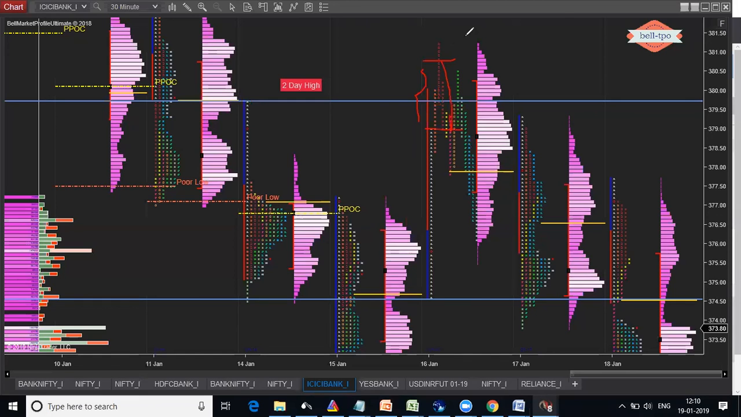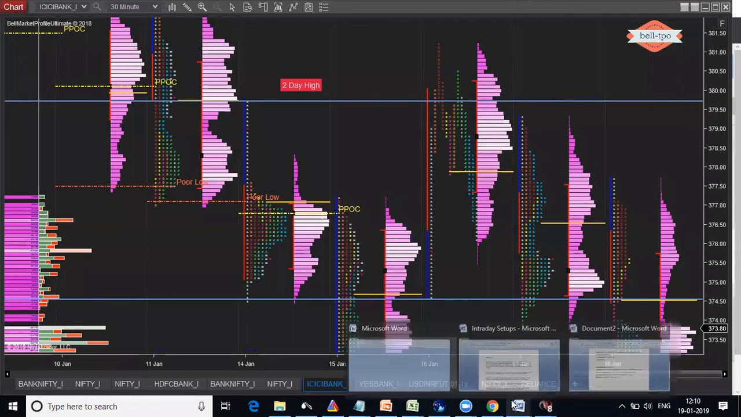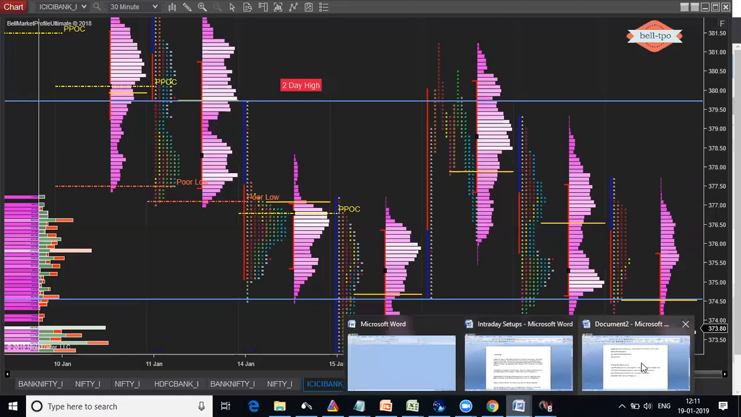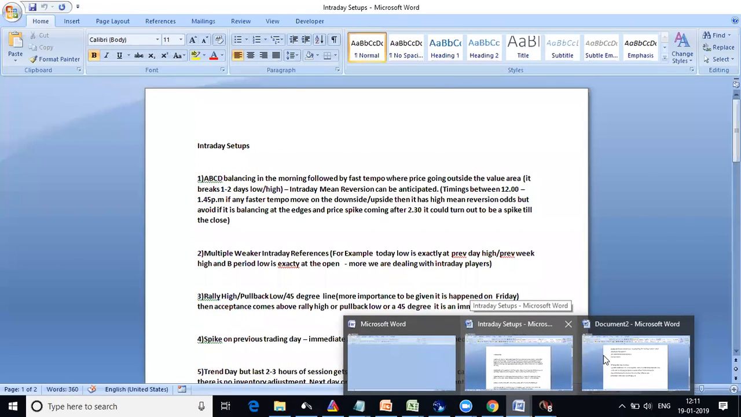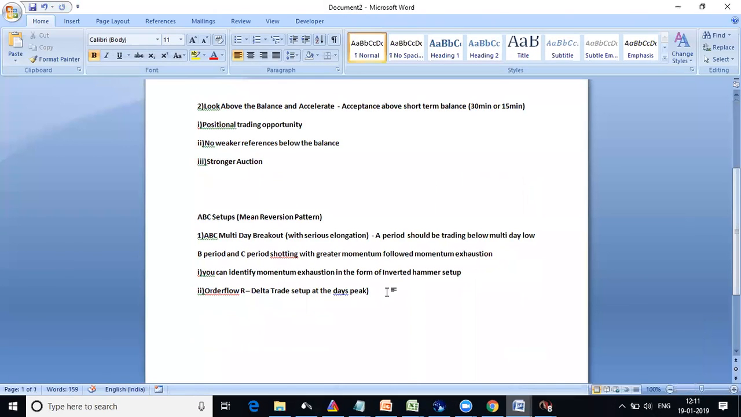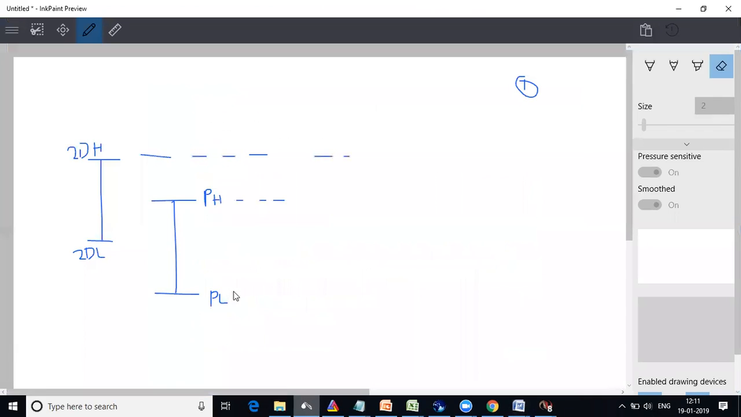The second case is ABC elongation in reverse mode. Reverse mode. So what is the reverse mode we talked about? This is the reverse mode we talked about over here, where the price